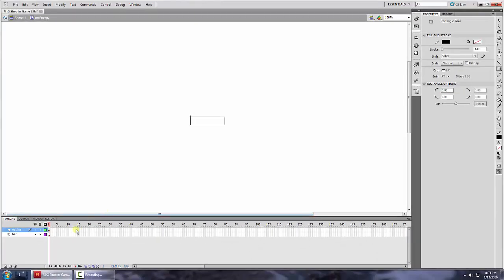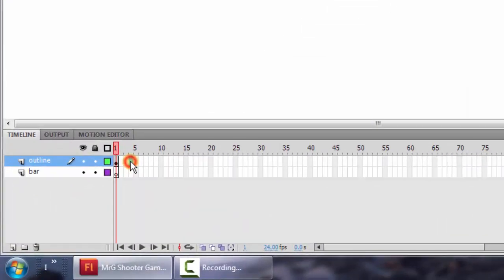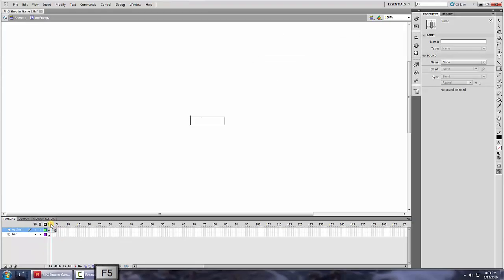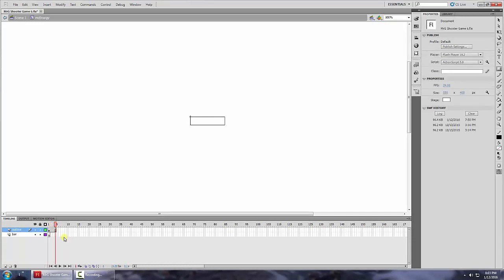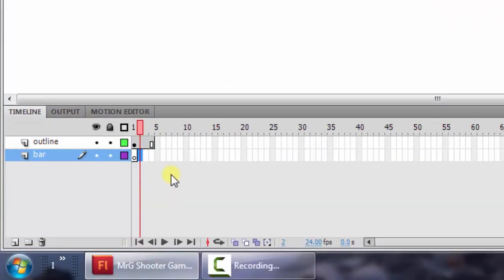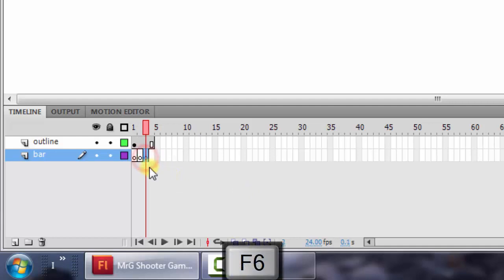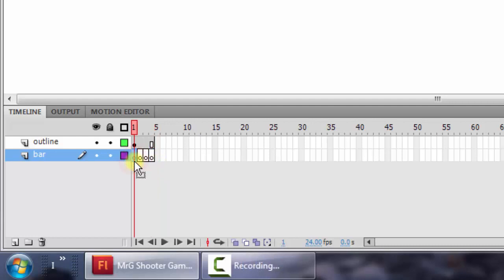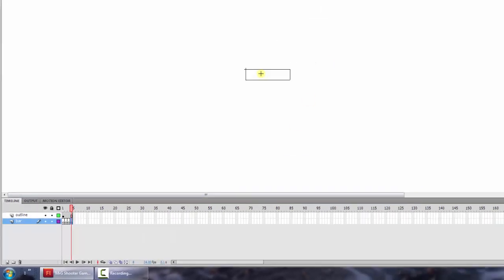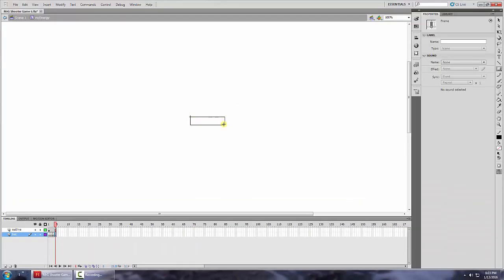Now I want that to be 4 frames, so I'm going to click over here on frame 4 and press F5. So now this little animation, the outline stays there for all 4 frames. On the bar layer though, I'm going to press F6 a bunch of times to give me new keyframes. So this one is blank, they're all blank right now. But what I'm going to do on frame 4 is draw a green rectangle that totally fills this outline. So I'm going to go over to my